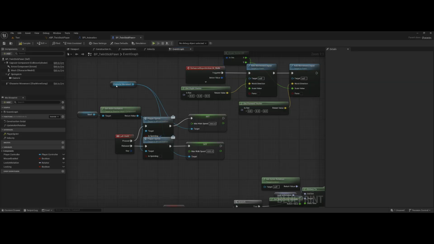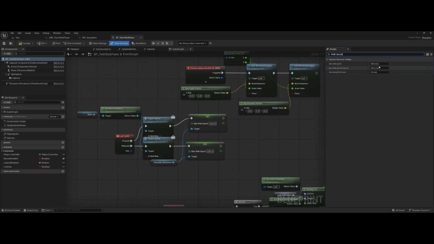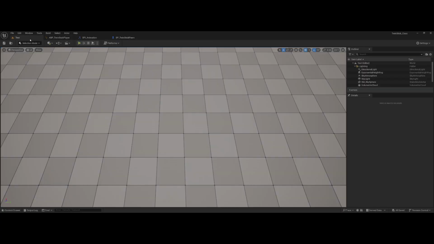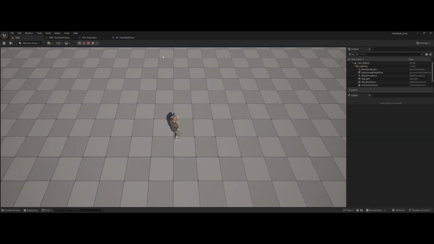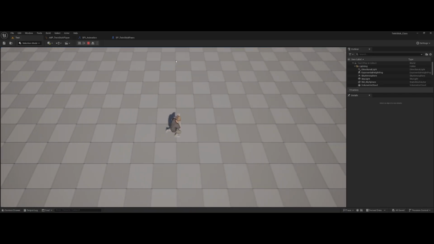Make sure to plug the target in. And finally, let's just set our player's default walk speed to 300 to match their walking speed. So real quick, before we even do the animations, let's just make sure our walking speed thing is working. They're walking pretty slowly, and